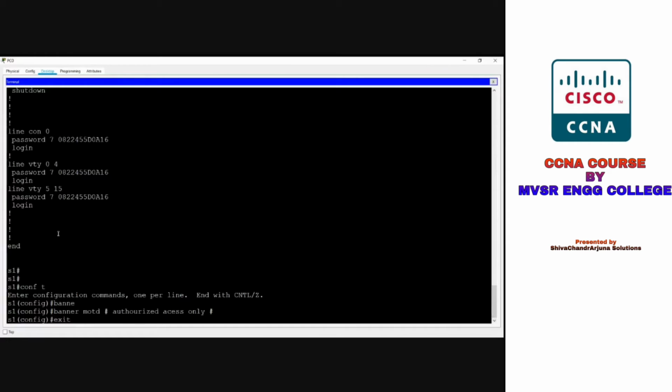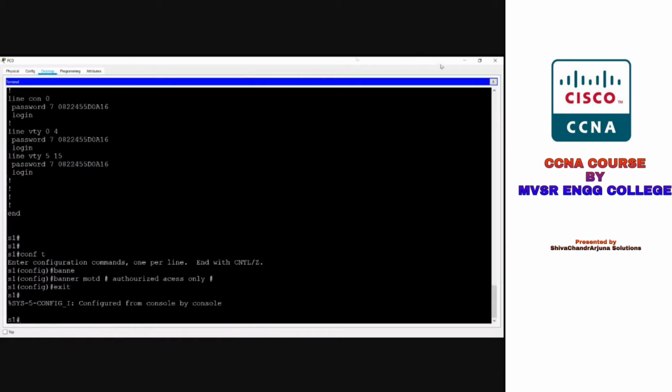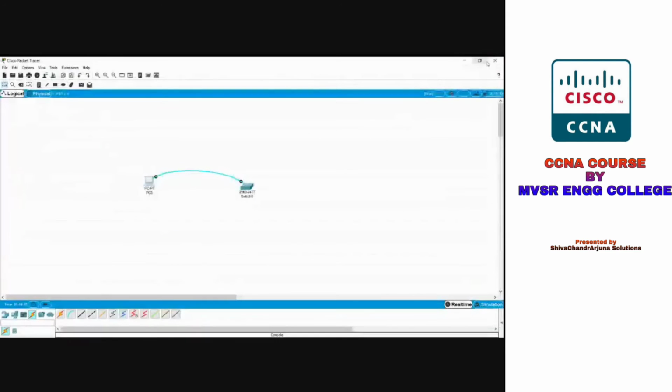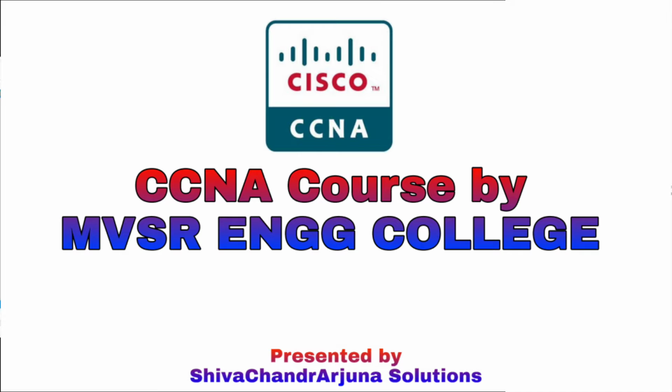So these are the basic commands in the switch. If you want to do the practice, if you want to save the configuration, you can save.